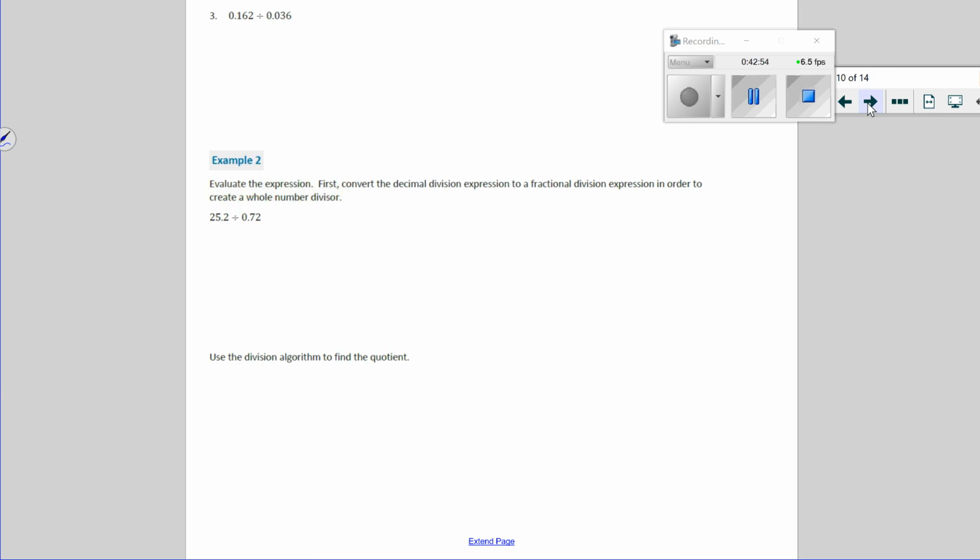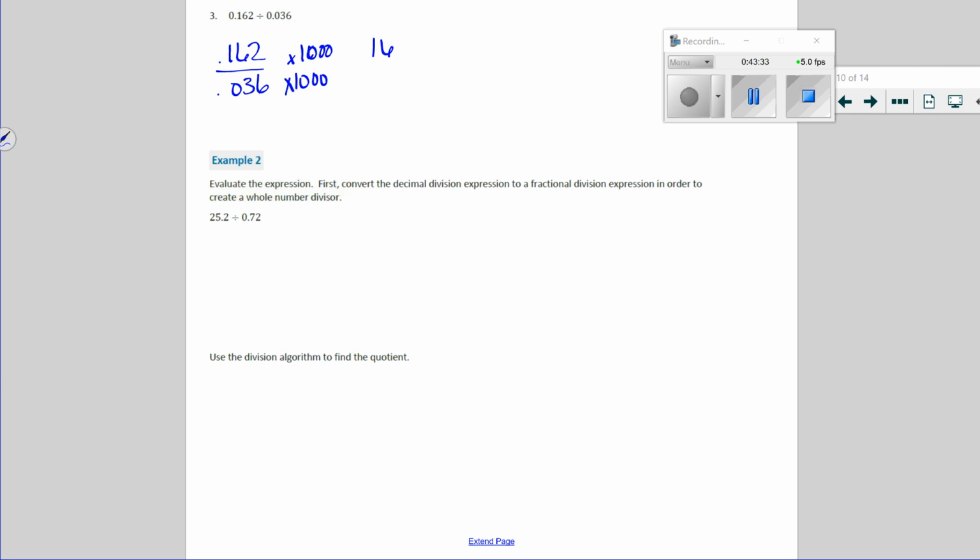Okay, let's go to the next page. Number 3. Yep, number 3. So on this one, we've got 162 thousandths divided by 36 thousandths. Have you guys noticed something? If I'm saying the numbers properly, mathematically, it's actually telling me what to multiply by, isn't it? So 36 thousandths, what do I need to multiply by to get rid of the decimals? 1,000. So if you understand your decimal places and how to say it properly, you automatically know what to multiply by. So that's going to give me